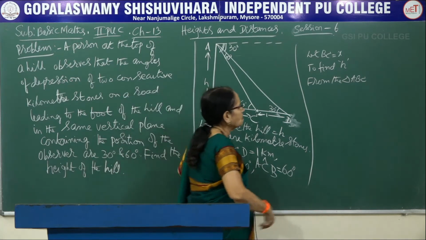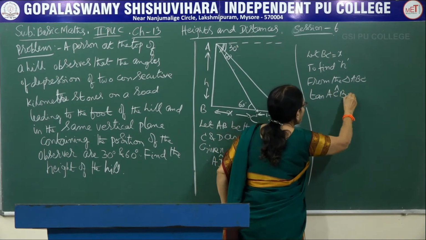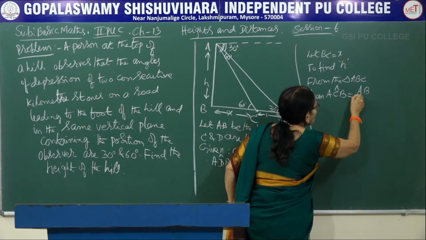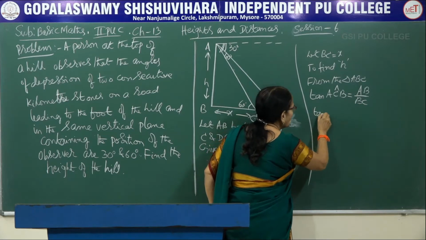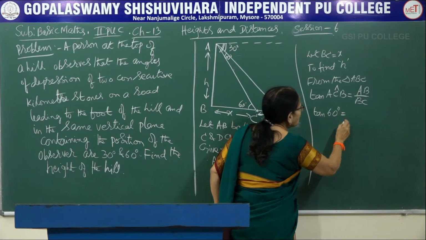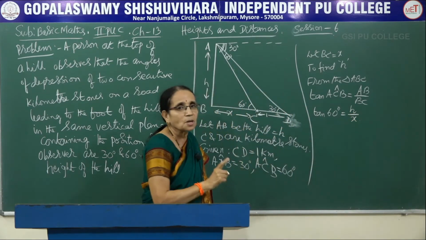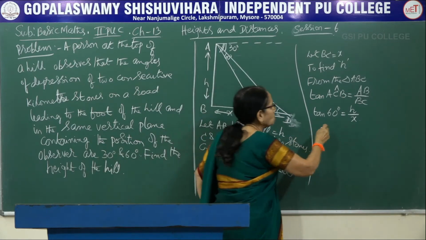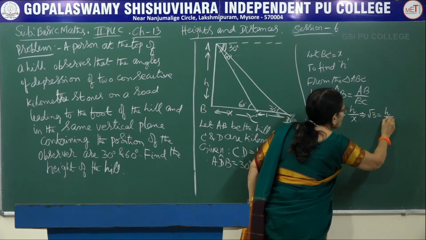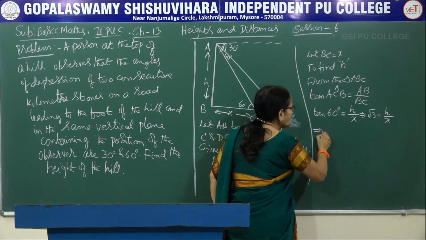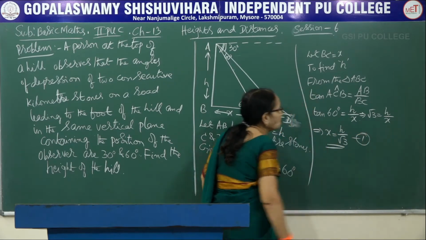So let me consider the tan ratio. Tan of angle ACB would be equal to opposite over the adjacent side. Now the angle ACB is given to be 60 degrees. Tan 60 degrees equals H divided by X. We are interested in finding H here and write the actual value. Tan 60, as you know, is root 3, equal to H divided by X. That implies that X can be written as H by root 3. Take it as result 1.